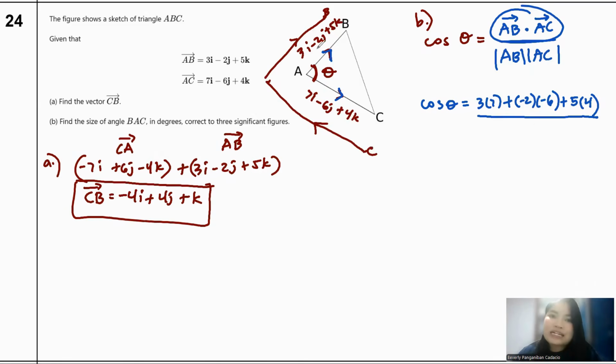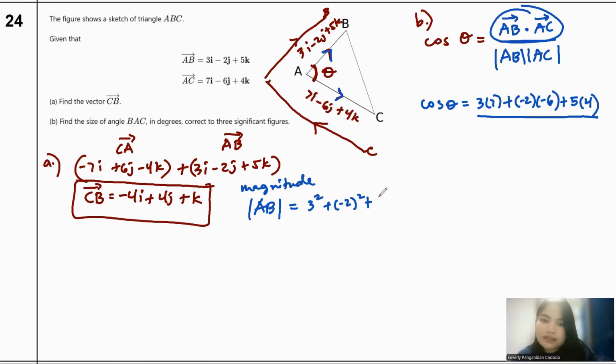the overall distance of this, or the length. So what you're going to do, I'm going to write here, what are we going to do? Finding magnitude here. And you know that magnitude AB is this, right? Which I told you that you're just going to square and add everything all together. Just write 5 squared. And you're going to square root. Don't forget that. The answer here will be root 38.